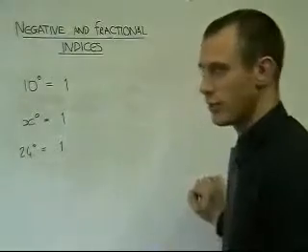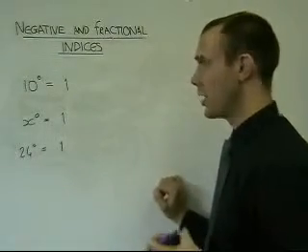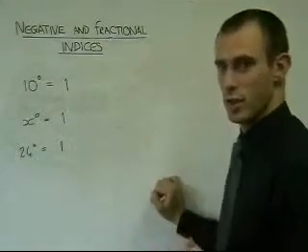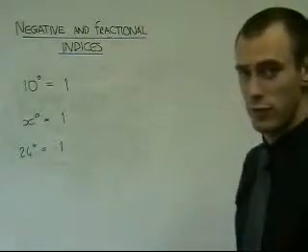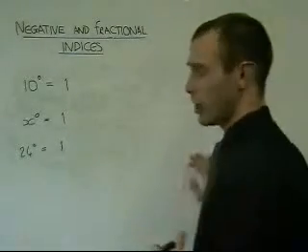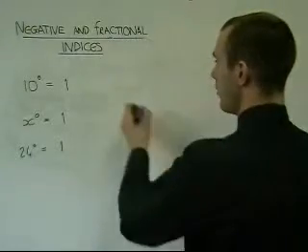This never changes. All these three rules, the negatives, the fractionals and the 0 indices, can all be put together with the previous rules of adding and taking away when you're multiplying and dividing the base numbers. For example,